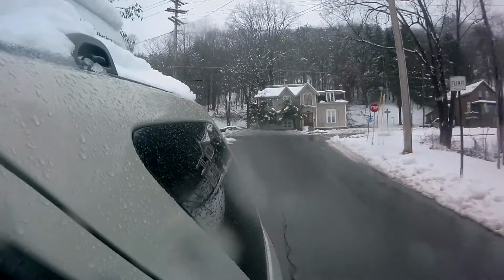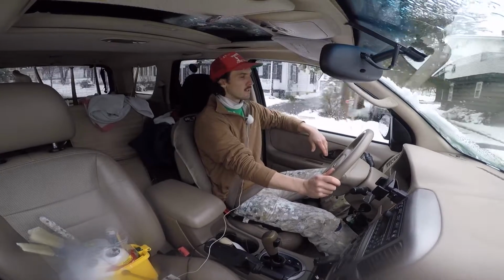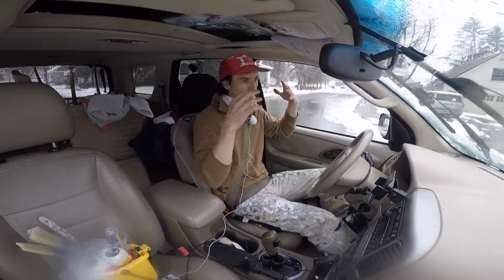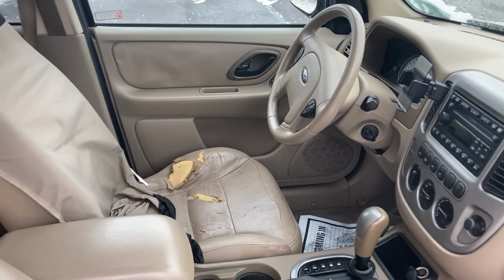And while we're doing tests, might as well do our arm test. Now the arm, because you're sitting so up high, does rest nicely on this door. It's a little narrow, but it can be done. This car was just freshly detailed, so everything is beautiful inside. And that was because